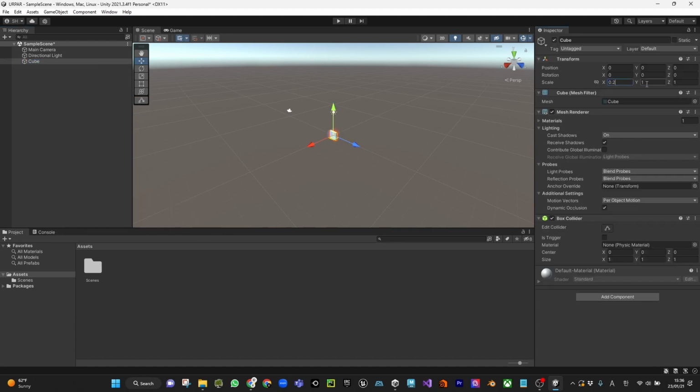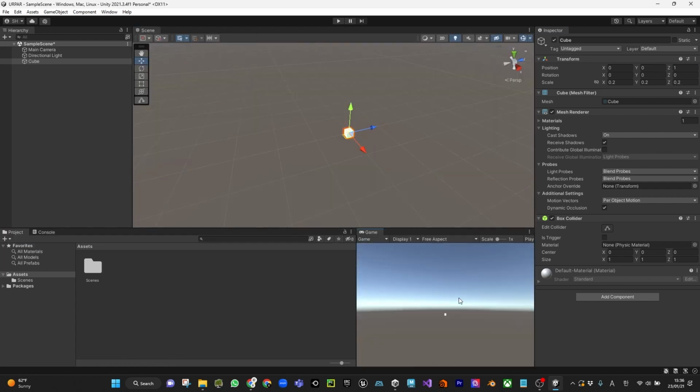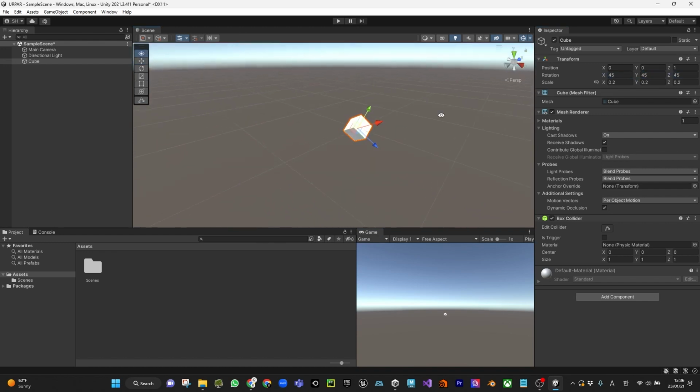As we already know, in AR the main camera is going to be at the 0, 0, 0 position, looking towards the Z direction. So we have to put this one where it can be seen from the camera. So I'm going to use this scale,